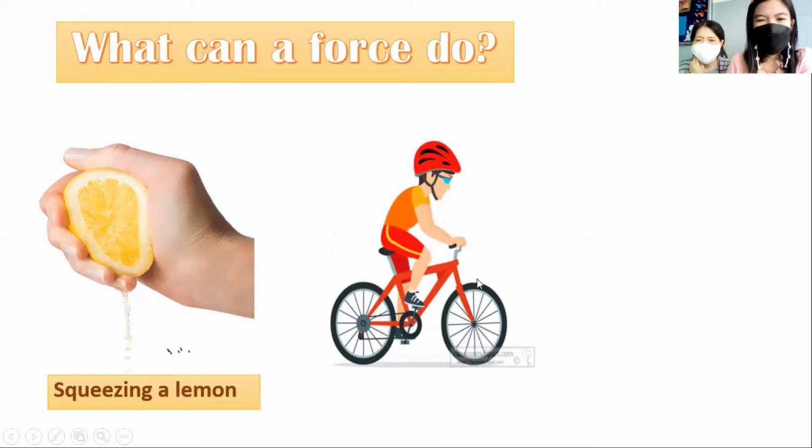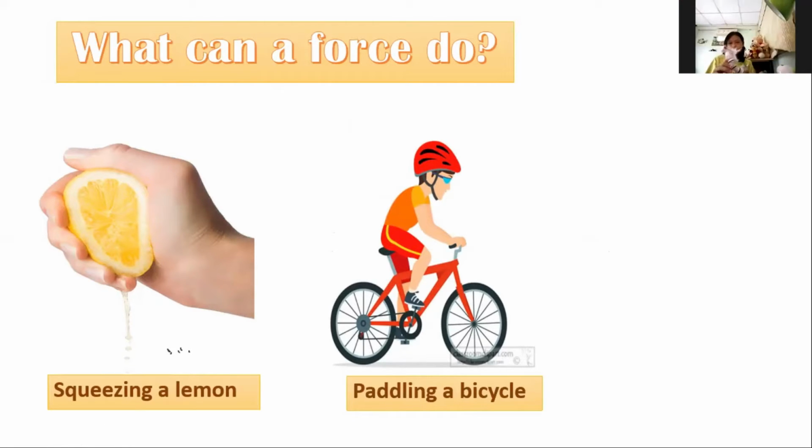Okay, so second picture, we are also using force when we are paddling a bicycle. The faster you paddle the bicycle, the faster also the bicycle runs. So a force can make the object move fast or speed up. Riding a bicycle ก็คือการที่เราปั่นจักรยาน เราปั่นจักรยานไปไวขนาดไหนจักรยานก็จะเคลื่อนที่ไปได้ไวขนาดนั้น นั่นเป็นสิ่งที่แรงกระทำต่อวัตถุ